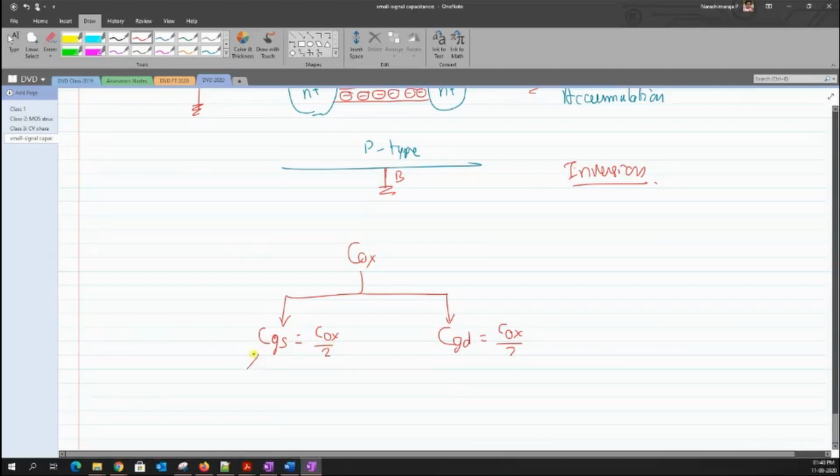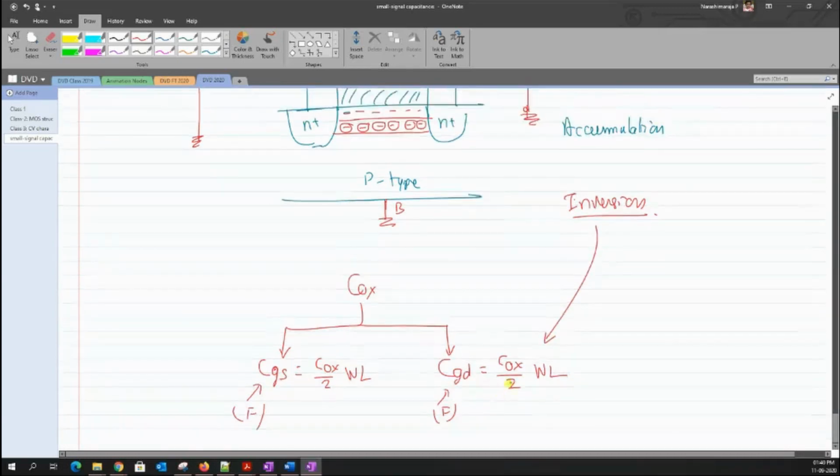But still, the values of CGS and CGD are always in terms of farad. But we know that COX is not defined in terms of farad. So what I'm supposed to do is multiply them with the width and the length for both these cases, such that I end up having farad for these two capacitances. Clear? So these are the capacitances that are defined when I am in the inversion region.